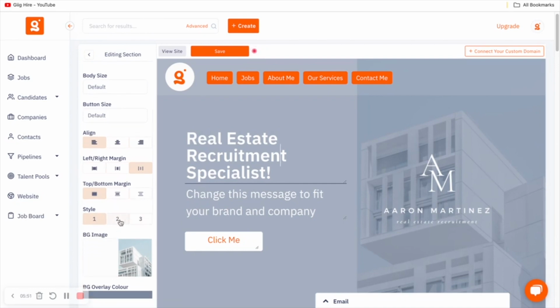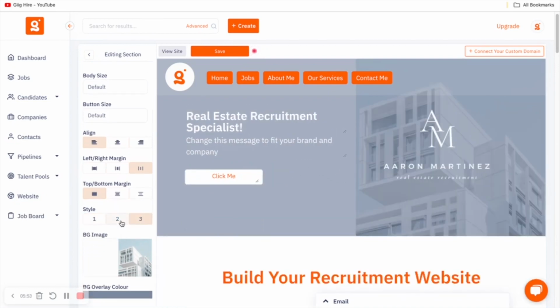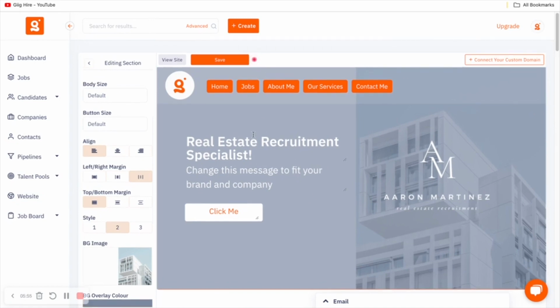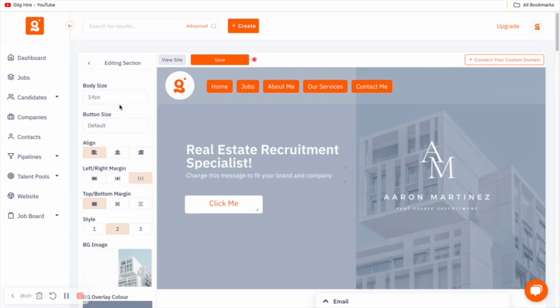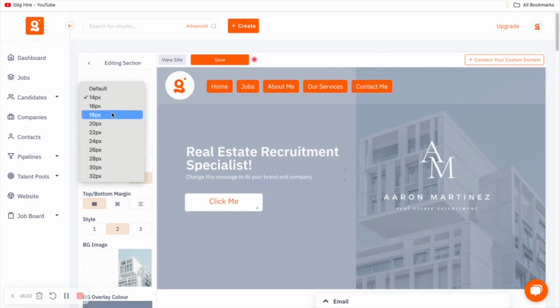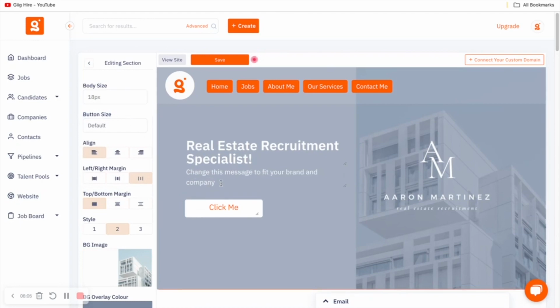So you have 3 different stylings that you can choose from. And I actually kind of like styling number 2 for this. I think that fits in there quite nicely. And then for this second message here, if you go to the body size, you can adjust the size of that as well. So I'm going to go for 18, and I'm going to put a message